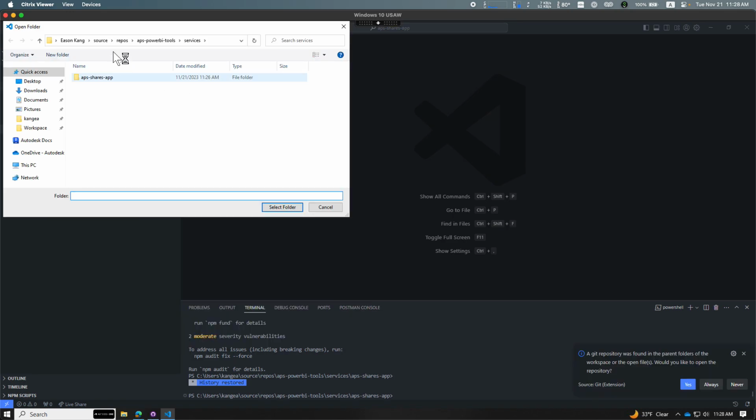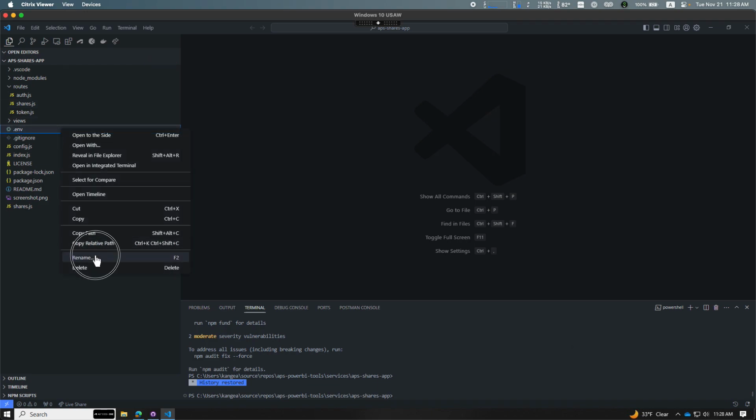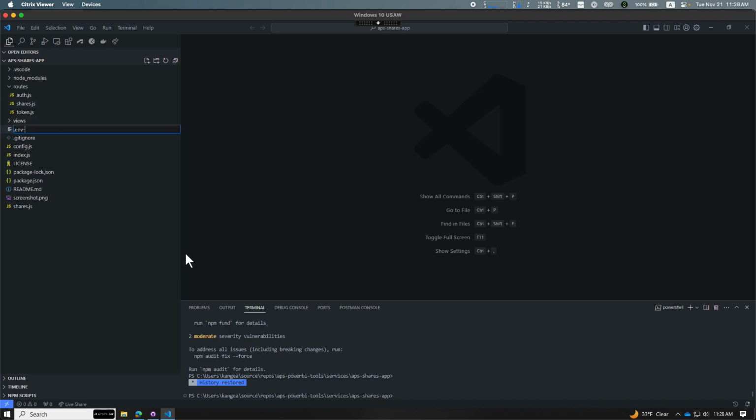open folder and navigate to the download location of the Power BI tools, go to service and open this APS share app. As you can see, I already opened this file. So next step, let me just, okay, then next step,